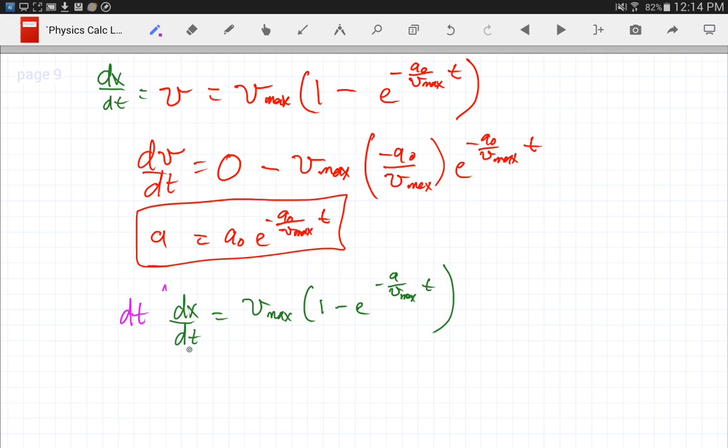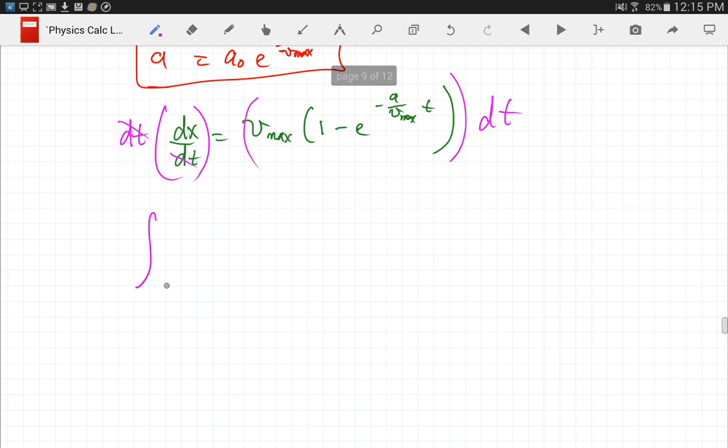Excellent. Then what? Come on, Hannah, put us on the right track. It's only one more step. Then integrate. Because it's already, variables are separated. Only x on the left side, only t on the right side. So now I just have to integrate this baby. So I integrate this baby and I get,